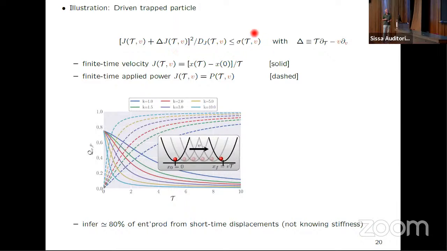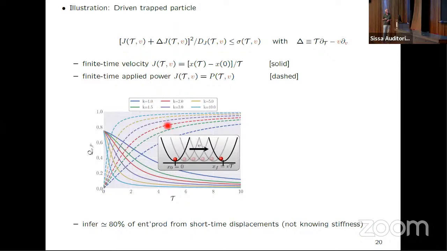Now we are measuring these experimentally accessible quantities, and for the rest of the talk, I'm plotting the uncertainty relation, putting this on the other side, and I call this the quality factor. So this will be a quantity Q, which is bounded by 1. And here you see now data. So the solid lines as a function of the observation time show you the quality of this generalized TUR for different stiffnesses of the spring based on measuring the velocity.